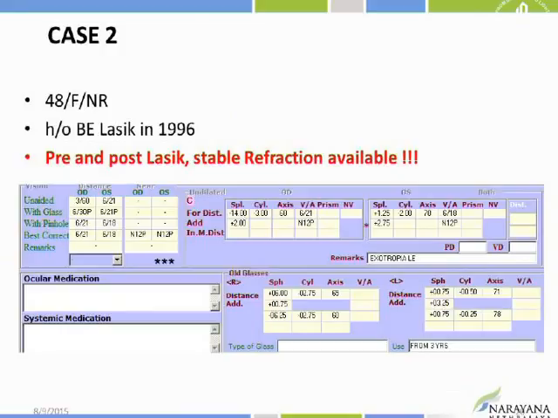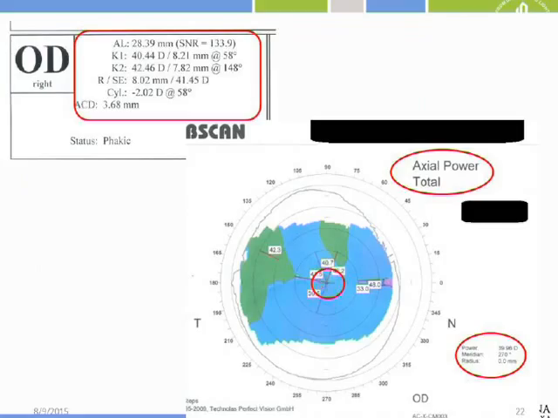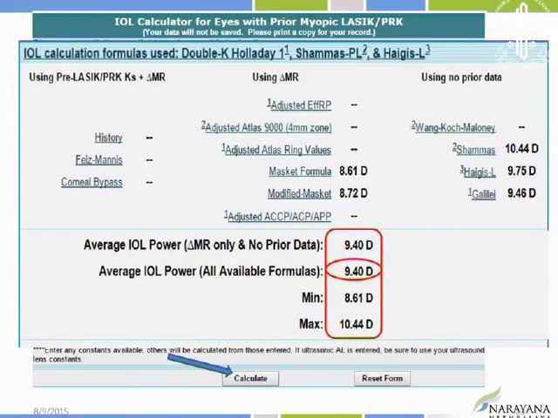Now quickly I'm going to run through this. This is the second case. Here, what is different is we had pre and post-op stable refraction after LASIK. And we use the same data, we use the Op scan, the IOL Master, and this patient had astigmatism, so we wanted to put a toric in this patient. Again, this is the A scan from the IOL Master, the total axial power from the Op scan. Here, apart from all the regular entries, we had the pre and post-op refraction also. We calculate, we got a value of 9.4, we decided to put a 9.5 diopter lens, but this patient had